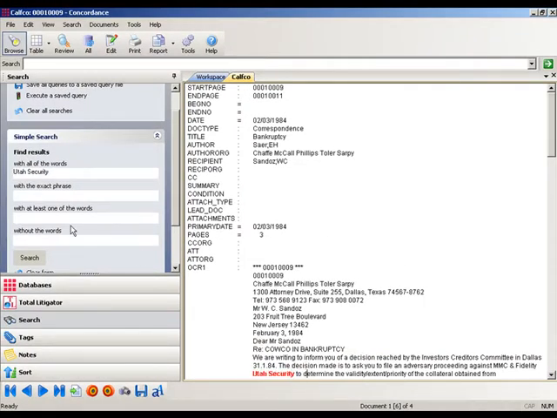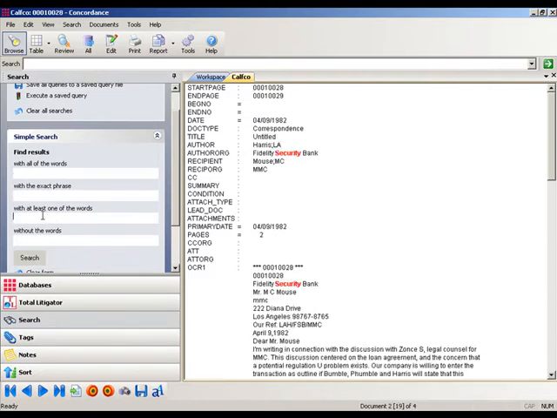The next box here allows you to search for words of the exact phrase. So using Utah and security again as an example, I'll go ahead and just put in Utah security. And this time, if I hit the search button, I'll get back just 1 record. And that's because this is the only record within the database that contains the exact phrase Utah security, one after the other. So while previously our search with all of the words, Utah security, brought back 4 records,